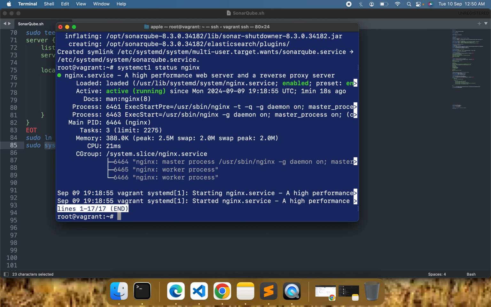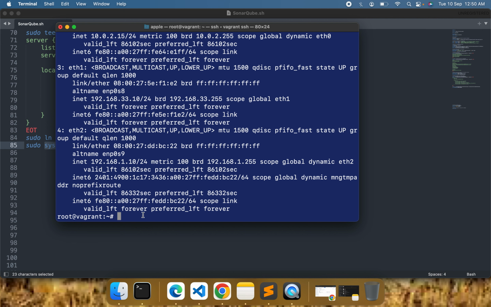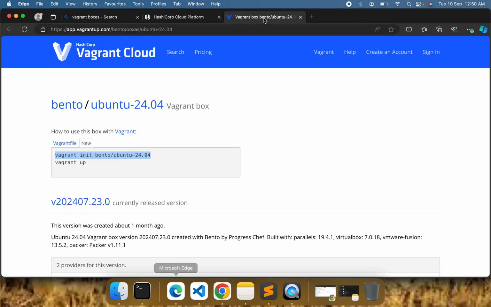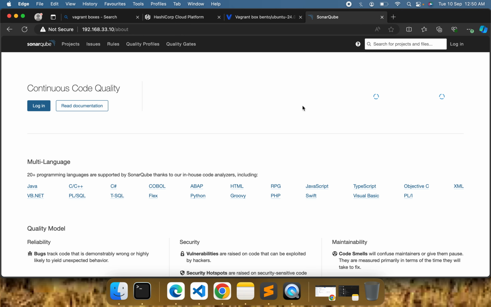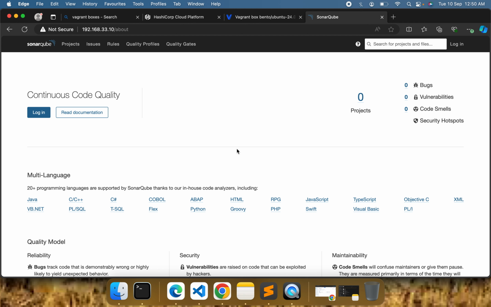Alright, so we can also check for ip addr show. Just wanted to get the IP. So check this one. Let me open this and so here you are. We are able to install or set up SonarQube